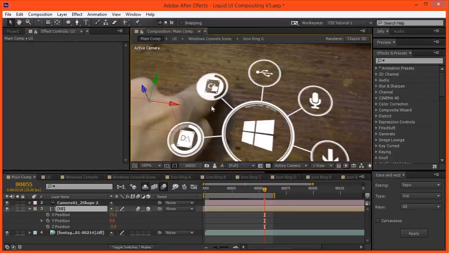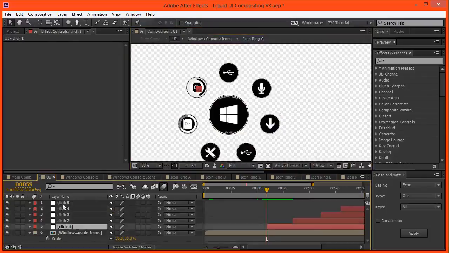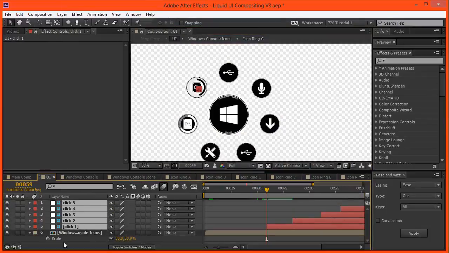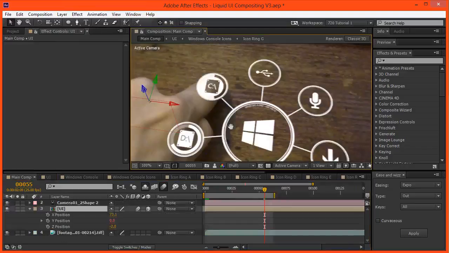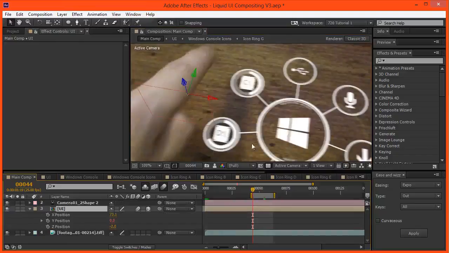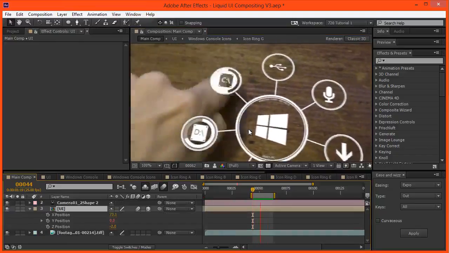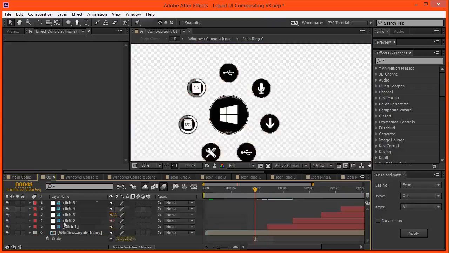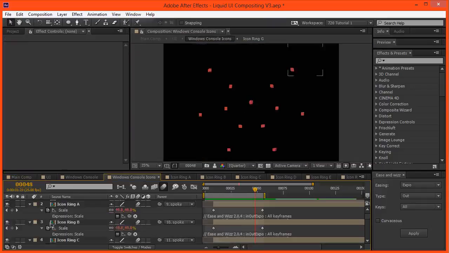What we might want to do is make these guide layers, because we don't want to see those. It actually might be off screen, but it's guide layer there. And let's see how this looks. Okay, that looks pretty good. I wouldn't mind having something else extending past there, so I'm just going to come into UI. Actually, we'll come into the Windows console,